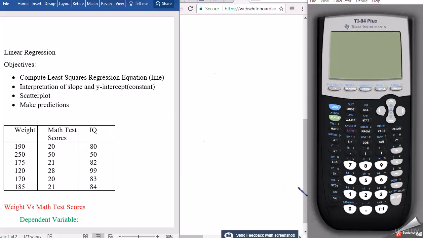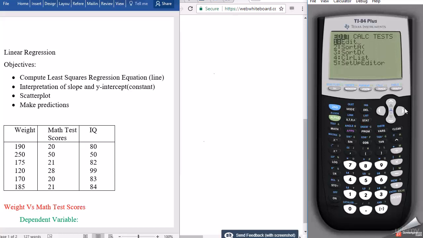So we're going to go right to TI-84 plus and we're going to go to stats. If you notice, I've already entered the numbers or the variables in the table in TI-84 plus. L1 is the weight, L2 is the math test scores, and IQ is in L3. So this is easy. We're just going to compute the equation, and to do that we're going to go to